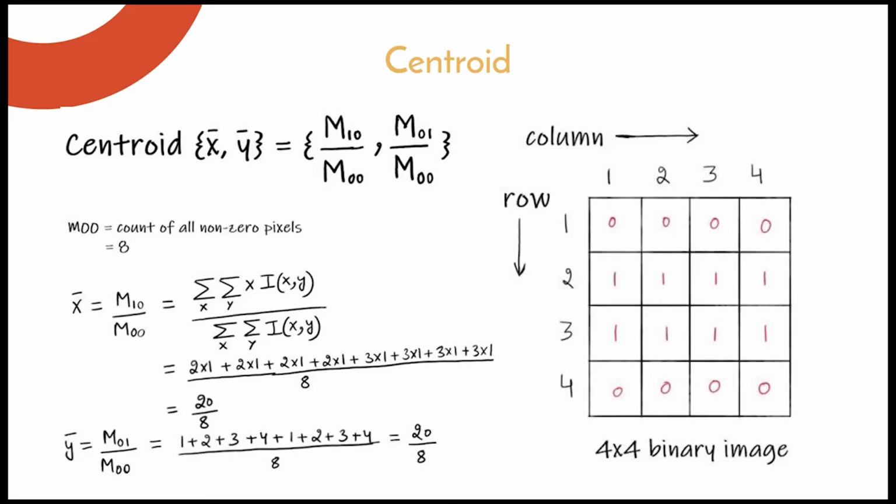As you may notice, the matrix on the right has only zeros and ones, which implies that it is a binarized image. The white boxes represent the white area and the black boxes represent the black pixels in the image. Since this is a two-dimensional image, we need to calculate the moments in x direction as well as in y direction. To calculate them, we will take the help of the previous formula.